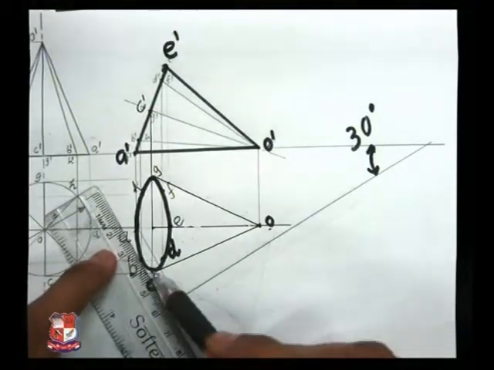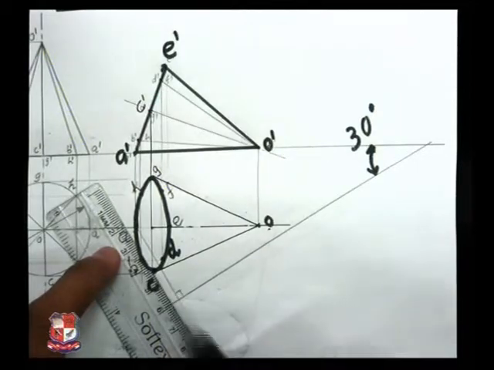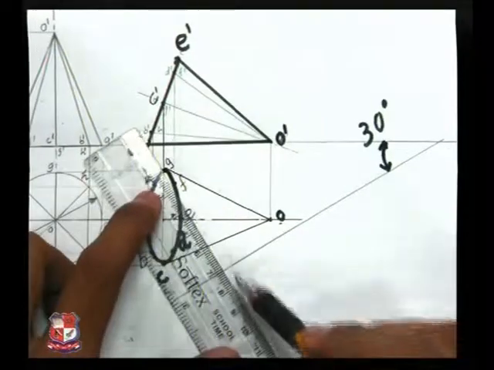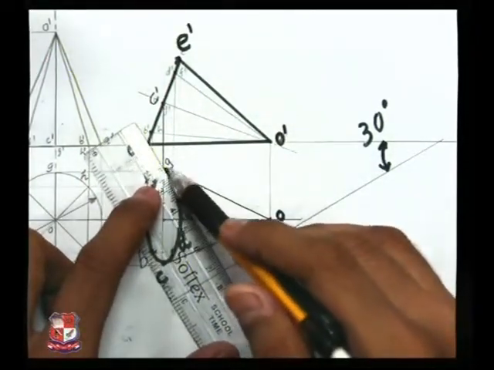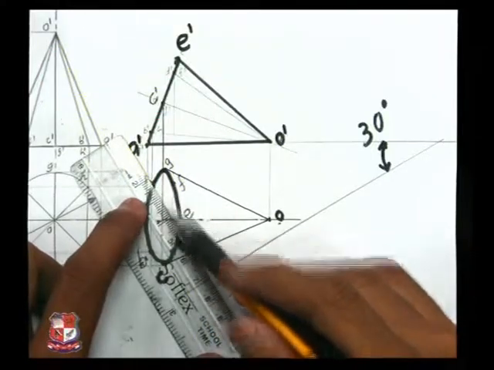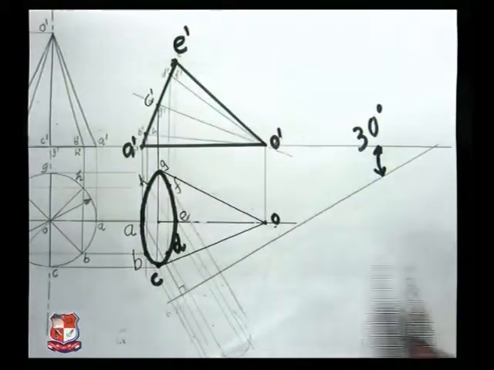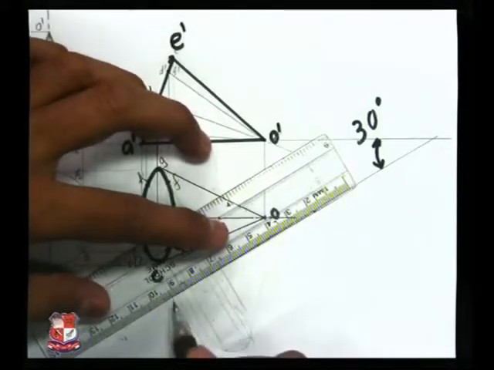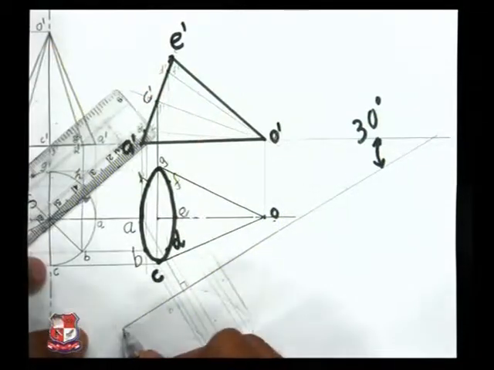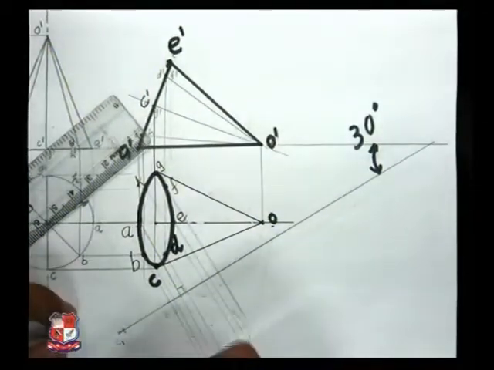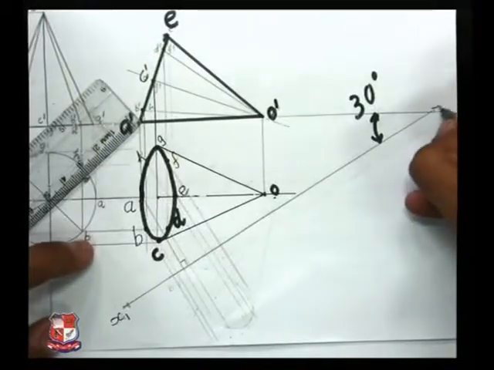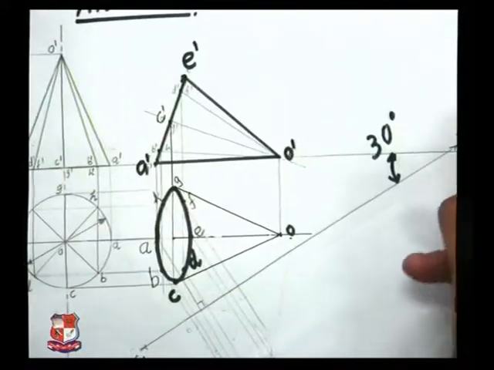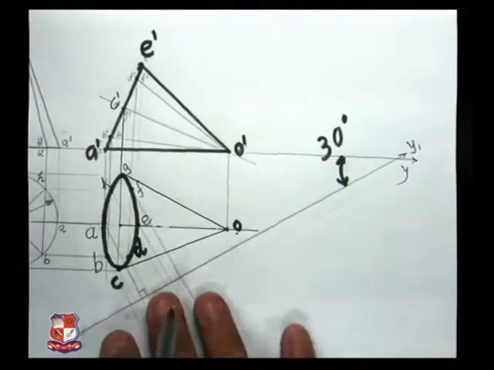From B, also draw a line like this. From C, from D, from E, F, G and all these points and H. Draw lines perpendicular to this reference line or this auxiliary plane. This is also called the auxiliary axis. You can name this axis as x1, y1 like this. And the previous one is xy. This is xy. You can write like this.